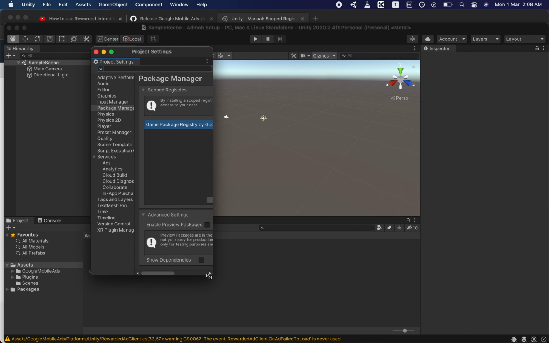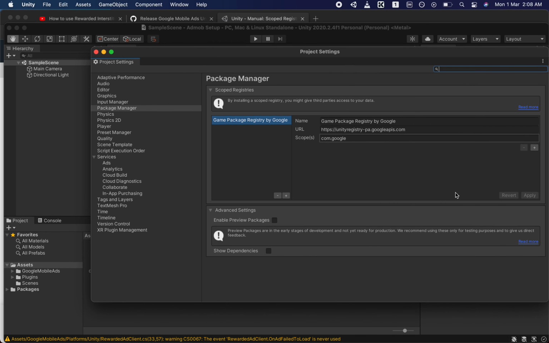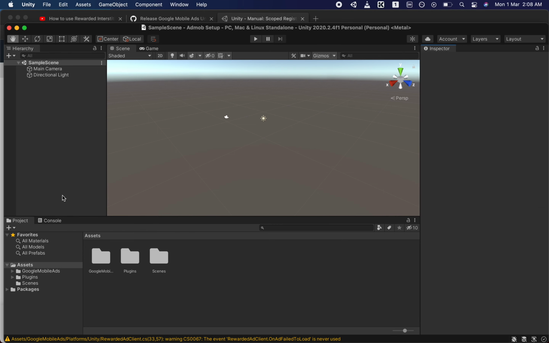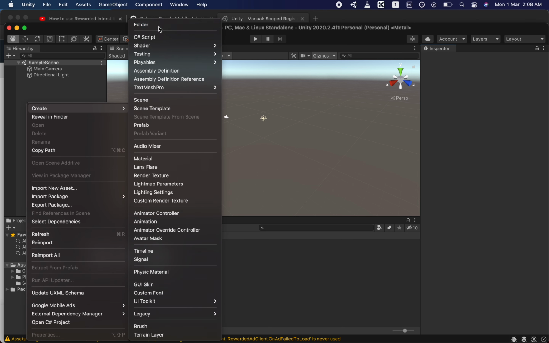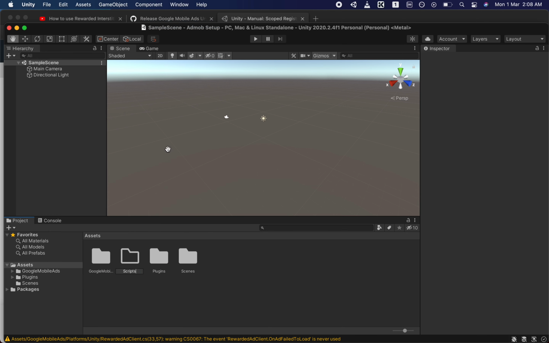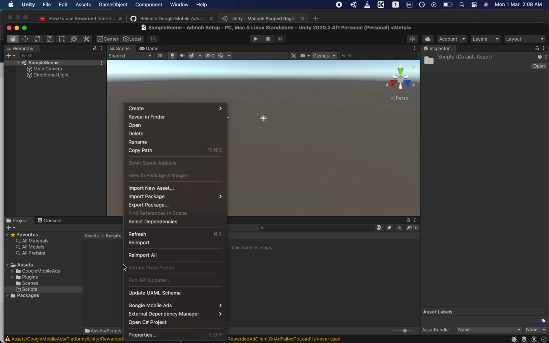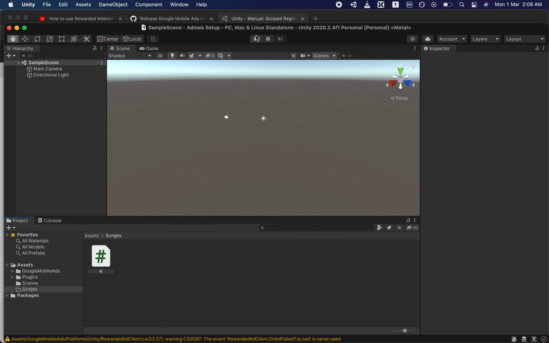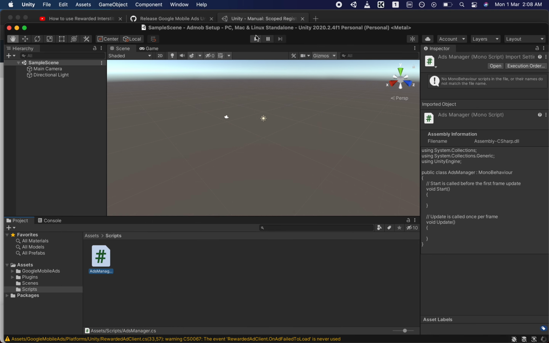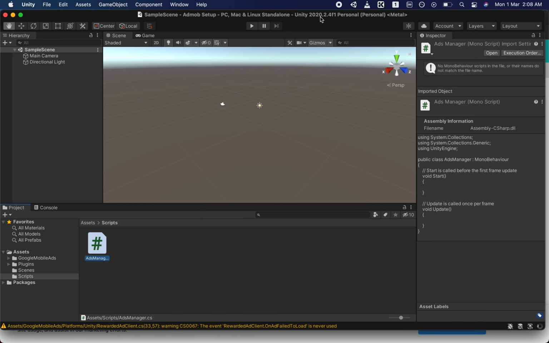Now we have integrated the AdMob SDK. Then let's create our custom script. So create folder scripts, and here we will create the ads manager script, or you can name it anything you want.